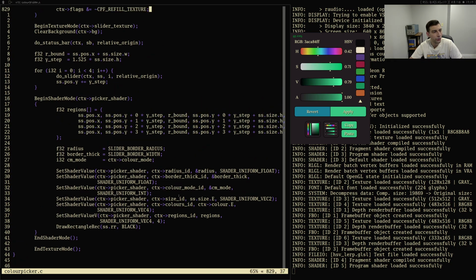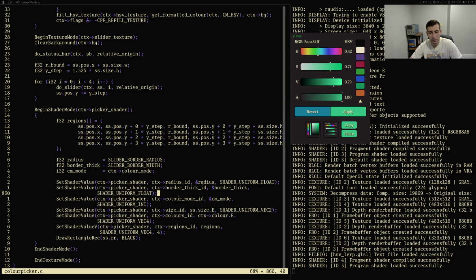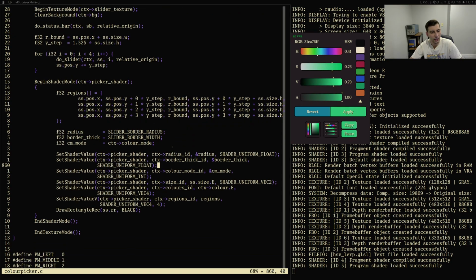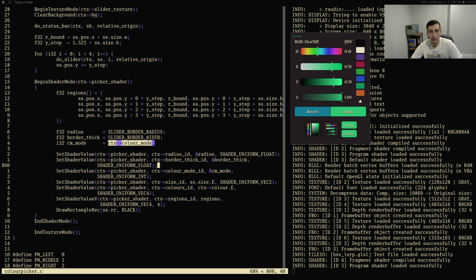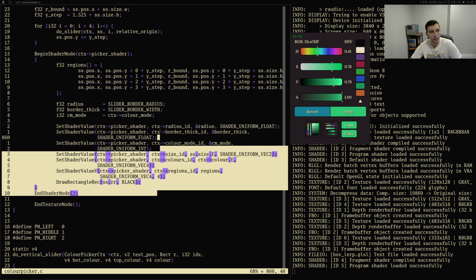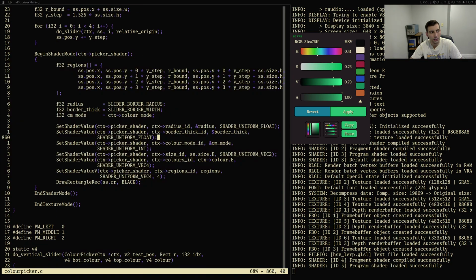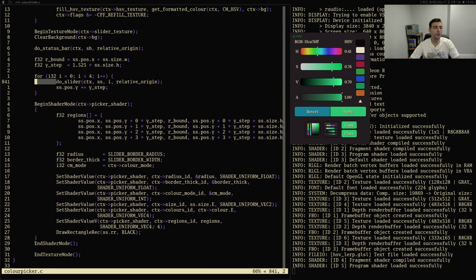I'm a bit confused as to why this is not being completely broken, because it shouldn't work yet. Oh, because the mode's HSV. It still shouldn't work. Oh, because it's all completely off the screen because of this. Right. So if we just comment this out,